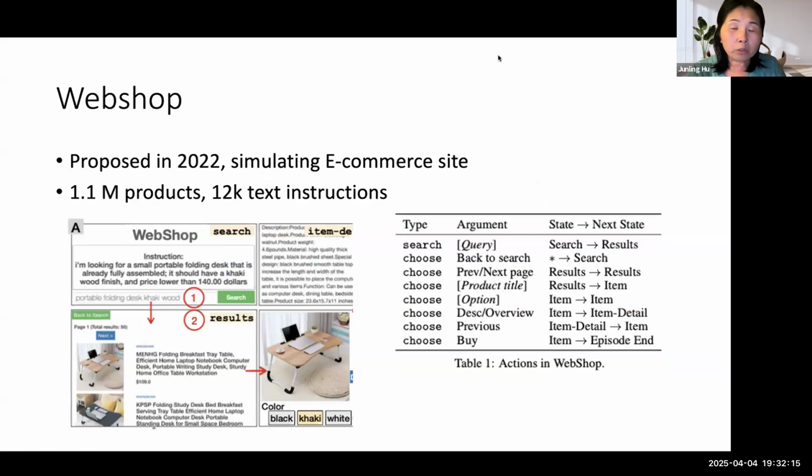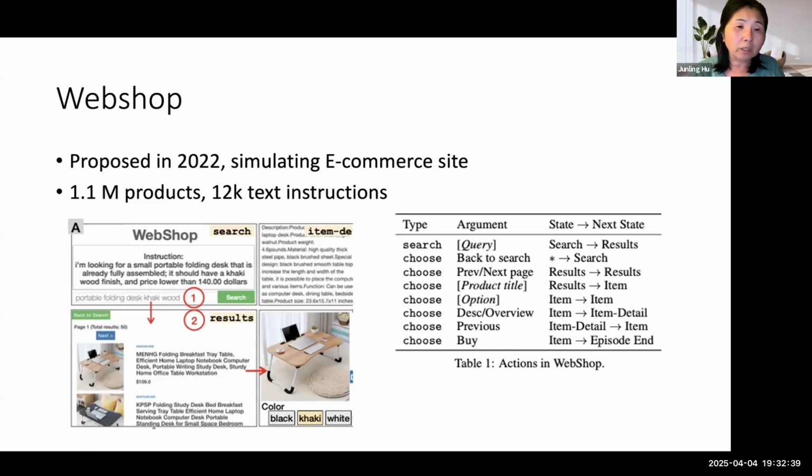The way we think about this is the agent has certain actions to take, and they observe certain states. The state is the website or the text on the website, the user request, and based on those states, how should they take action?